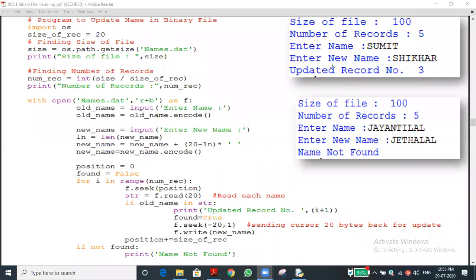Okay, and last class we discussed how to open a binary file, how to read the data content from the file, how to write into the file, that is the binary file, and the basic operations we have seen. And afterwards we have seen how to search data, how to search a record through record number or by record name. So these details also we have seen.